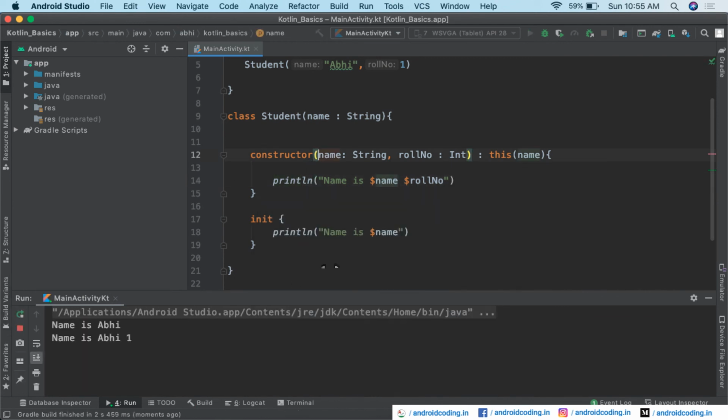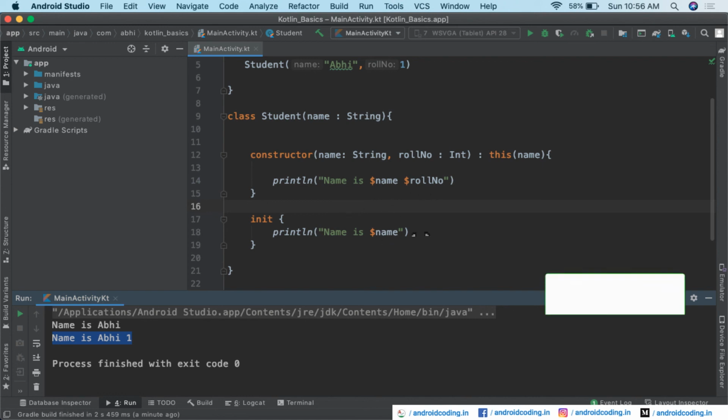Here our init block is printed first, and later our secondary constructor. This gives clarity on why the secondary constructor variables are not accessible within our init block: the init block is called as soon as the object is created for our class, and the secondary constructor is called after the init block. This is also a reason for the secondary constructor variables not being visible in the init block.